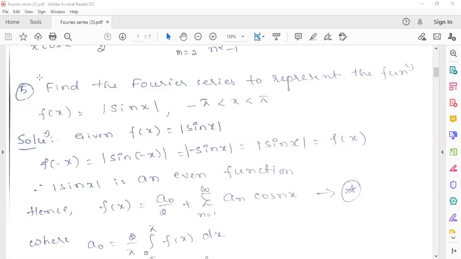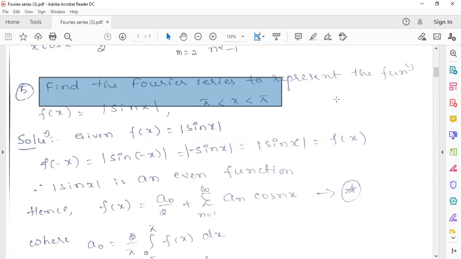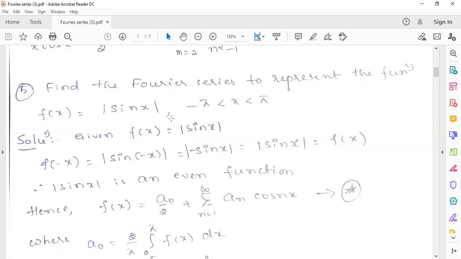So let's see one more problem: find the Fourier series to represent the function f of x equals modulus of sin x in the interval minus pi to pi. We know that the sine function is an odd function, but if you put modulus on it, it will become an even function. To check whether the function is even or odd, you have to find f of minus x. In case it is equal to f of x, then we can conclude it is an even function. In case it is equal to minus f of x,